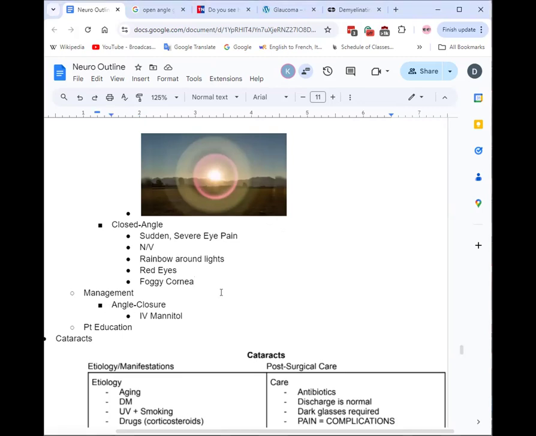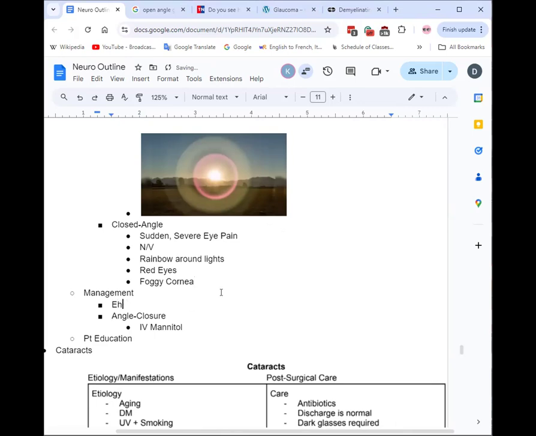Yeah, there's eye drops, and the eye drops are beta blockers, I think. Let me double check on that actually. That would make sense to me, though. It's the Timolol, no? Yeah, Timolol. There's a few. I'm trying to remember how hard they went on the meds. I don't think it was too hard, but if it's in your study guide, then you've got to know it. So we'll go over those.